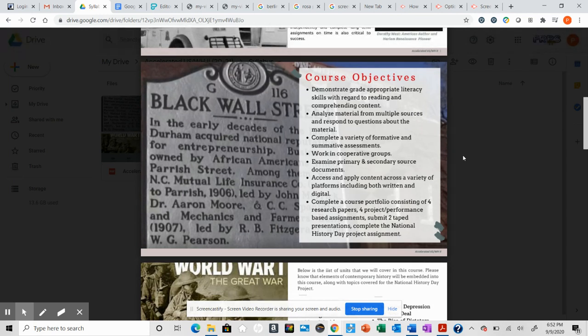Course objectives. These are the things that we're expecting of all students in the accelerated level. I will say that these objectives are geared towards this accelerated course from a content perspective, but they're also objectives developed from a skills standpoint as well. And we're going to be doing all of these things at varying points in time throughout the year, whether it's demonstrating grade appropriate literacy skills with reading and comprehending the content, analyzing materials from multiple sources and responding to questions about the material,